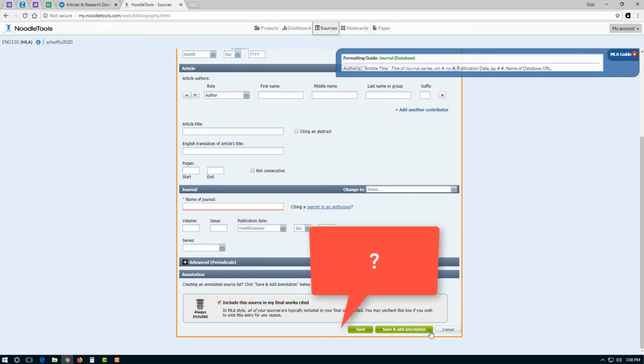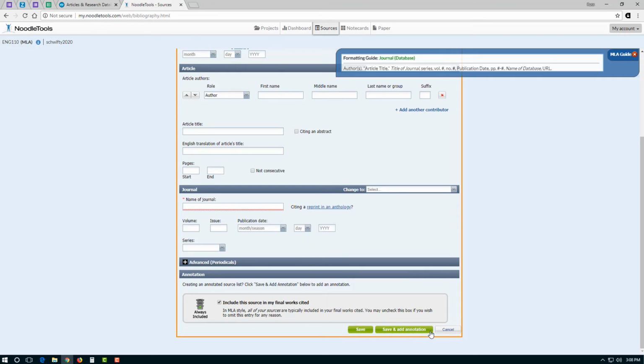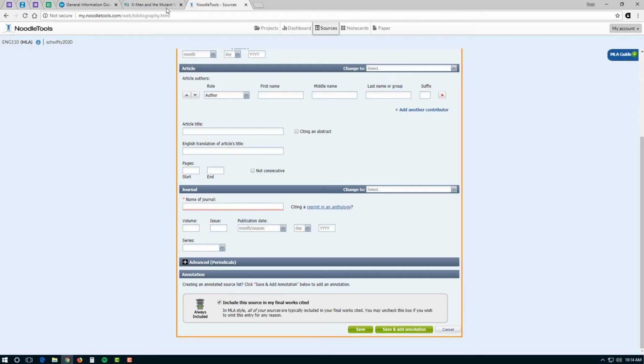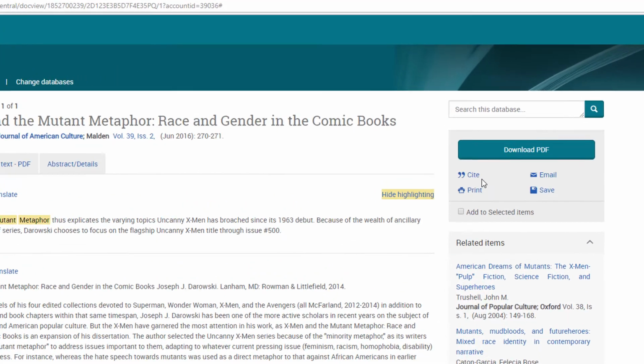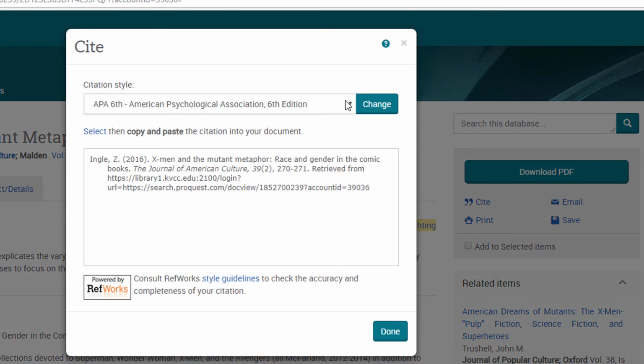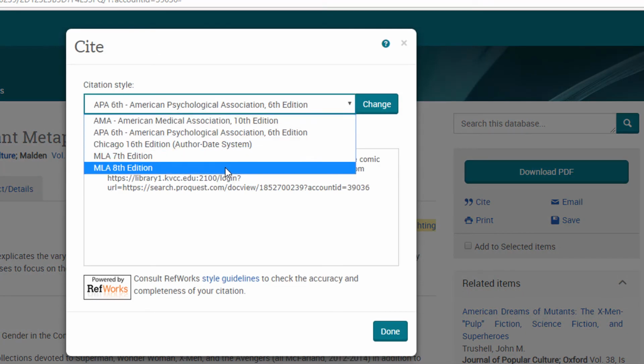But why fill all that out if you don't have to? Many academic article databases feature citation tools of their own. If we look at our article in ProQuest and find the citation feature on the toolbar there, we can generate our own citation in the desired format,